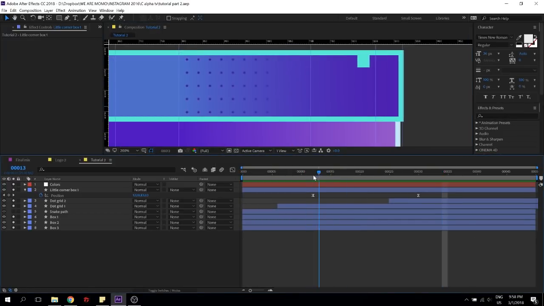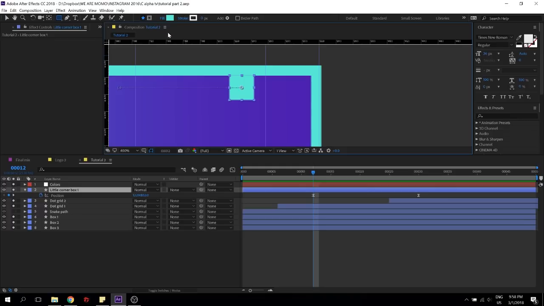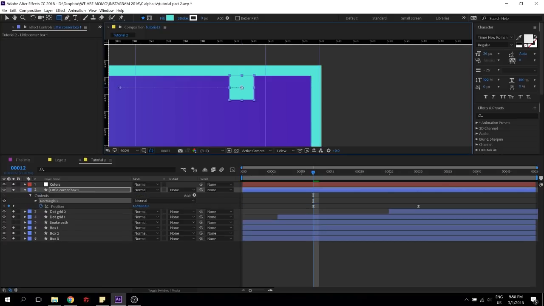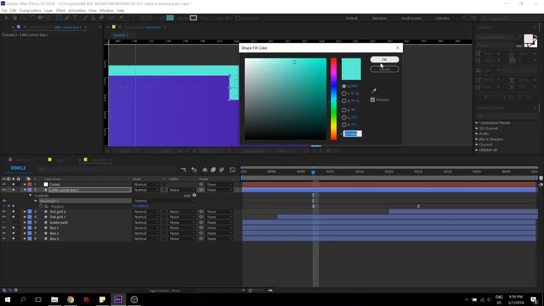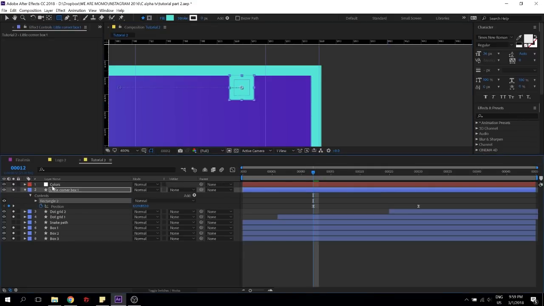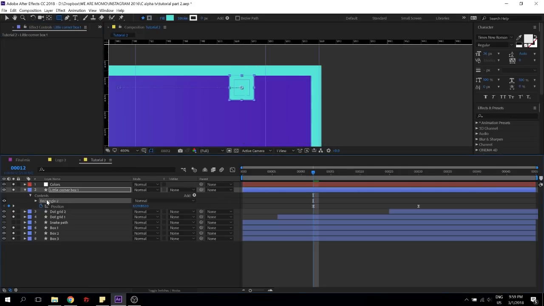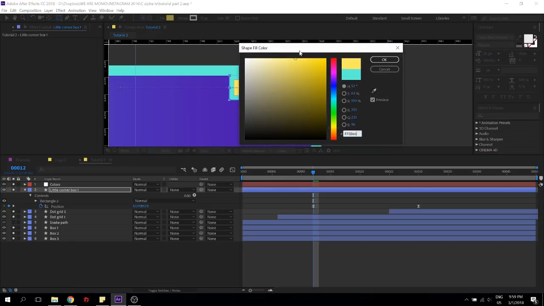Okay, so that is done. We're gonna do a little trick right here. That's why I'm trying to teach you this one. We're gonna have a yellow box there. So how are we gonna make that yellow box? First you're gonna select that. You don't want to change the color, because if you change the color, you're gonna change the color of this box. But what we want to do is click on that same shape layer, and I'm gonna try to make room for our little box. Then when you finish, you can actually get the color of that box. So I'm just gonna go here, rectangle 2. The color is this. Thank you. And I'm gonna go to rectangle 2 and change the color to that.